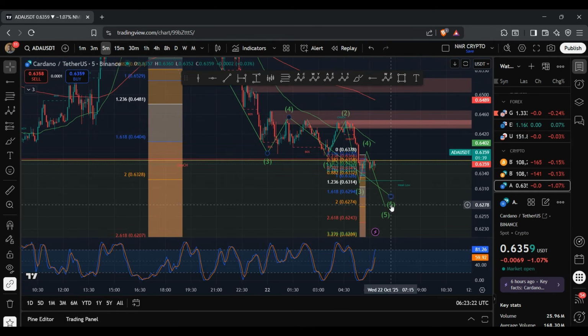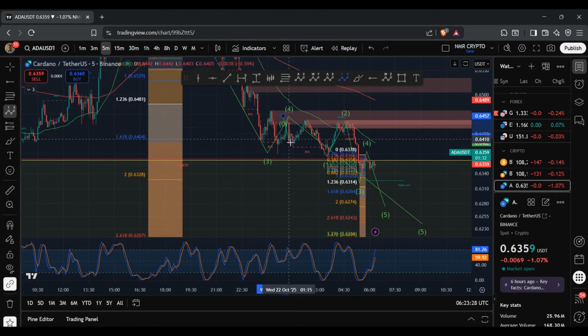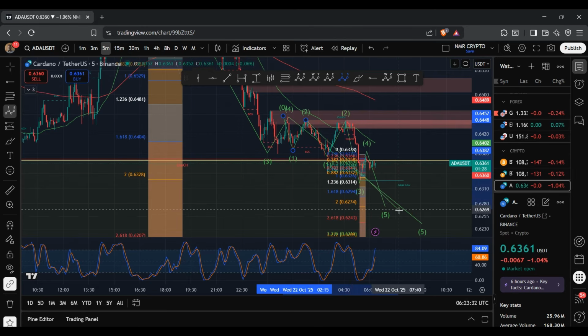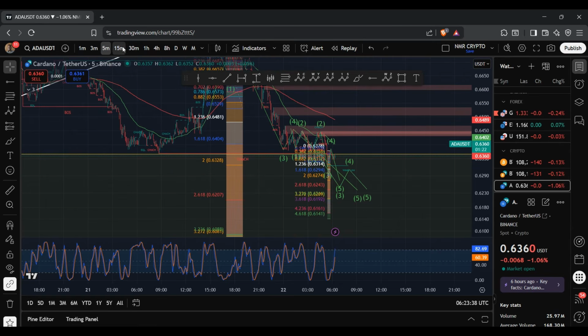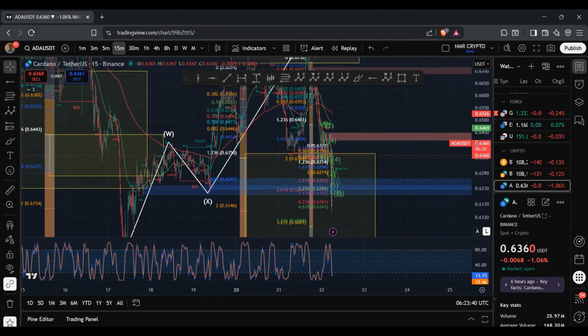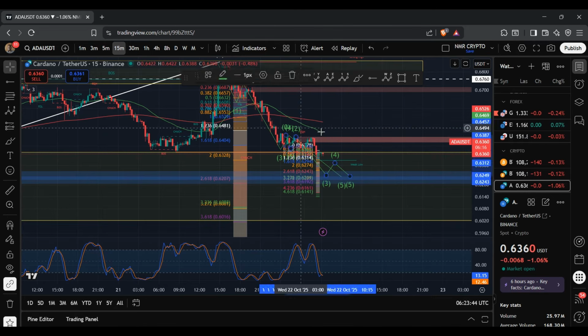And so what we are forming right now is this 5th wave here, which has to be made up of 5 waves, where this move to the downside is wave 1, this move to the upside is wave 2, and in this 5-wave structure would be the wave 3, and then we see a wave 4 and then a wave 5 play out like so. And so if I go back to the 15-minute chart, we'll go one of 2 ways,